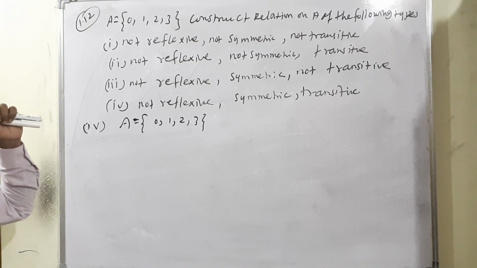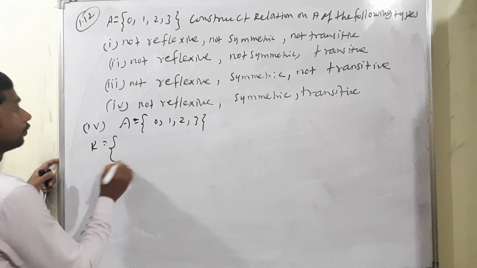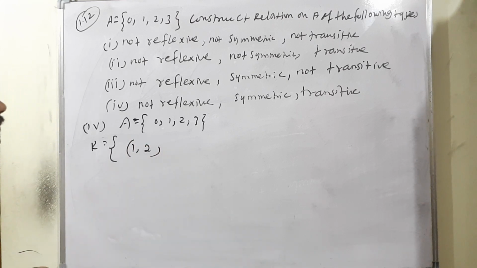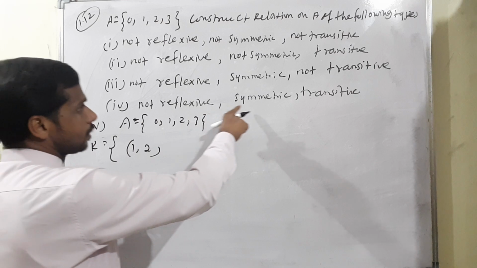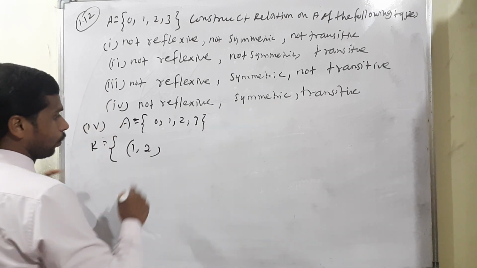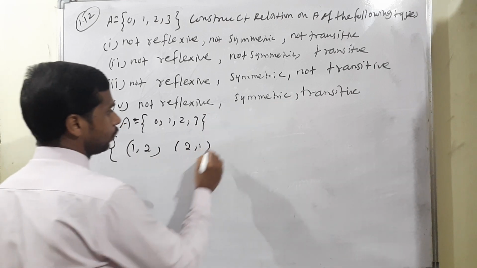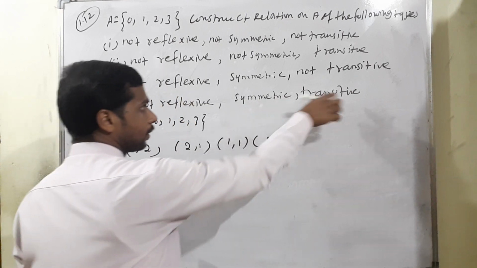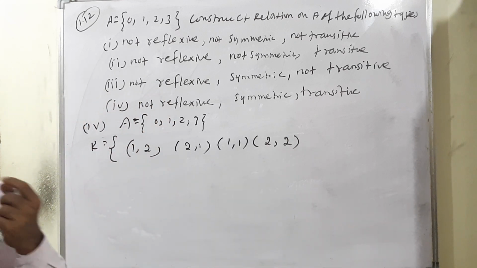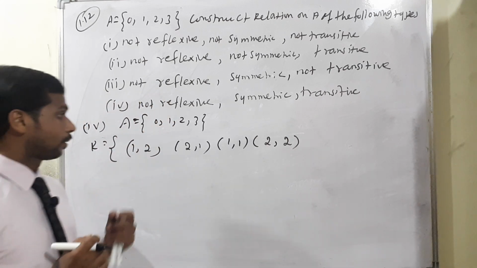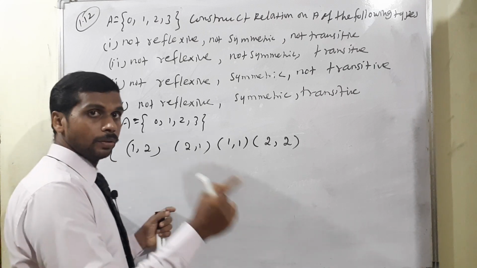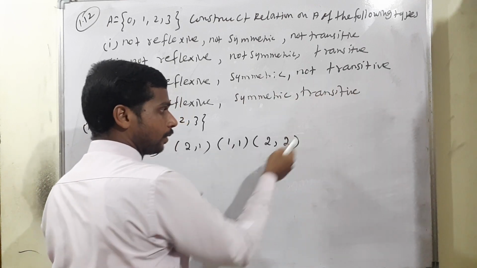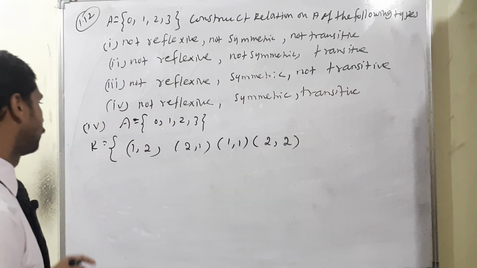Subdivision 4. The pair R is equal to the same one, not reflexive, means the same condition we can take, 1 comma 2. Then symmetric we also need, transitive we also need, isn't it? So 1 comma 2 means definitely we need 2 comma 1 also. At the same time 1 comma 1 and 2 comma 2 also. Why? Because we have to show symmetric and transitive also. Because in subdivision third we have shown clearly. I have explained it very clearly, because what does not belong to R are 1 comma 1 and 2 comma 2. Why? In the third subdivision it was not transitive, but here it is transitive. That's why I included the part from subdivision third.